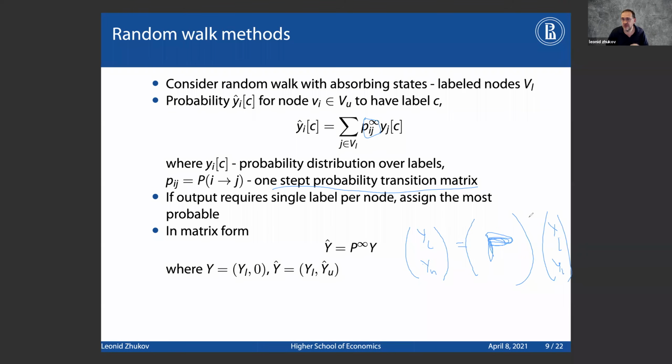And you multiply it once, it's one step, you multiply it twice, 2 steps, you multiply it 3 times, 3 steps, and you multiply it an infinite number of times. It just means there is a walk, walking forever until it gets absorbed. Okay. So then,